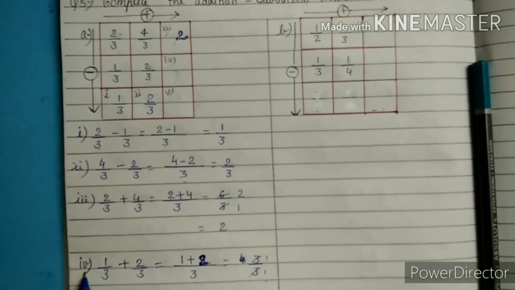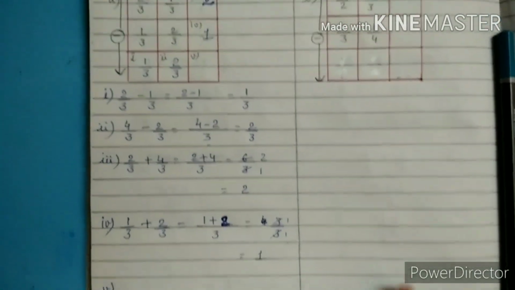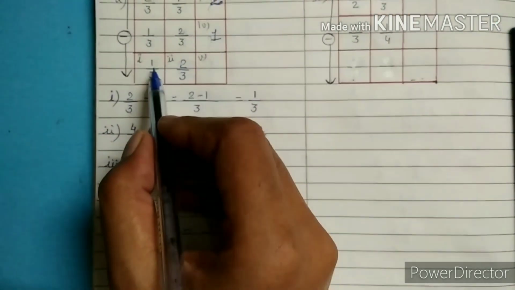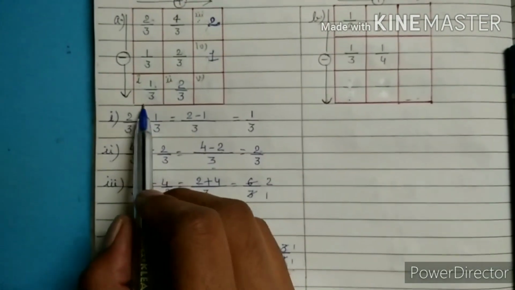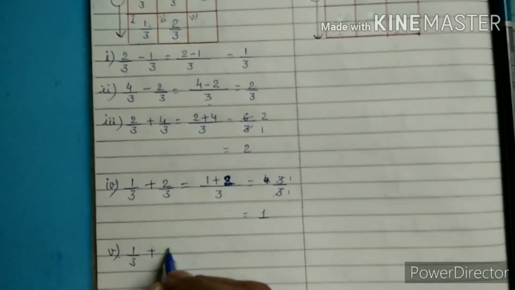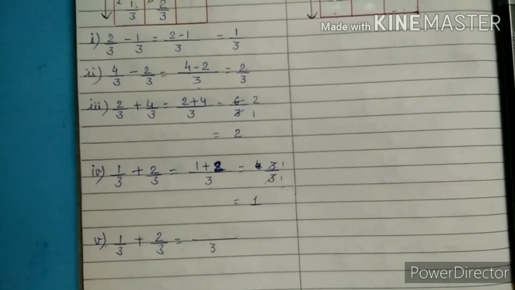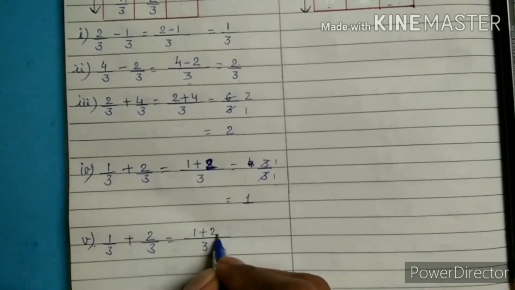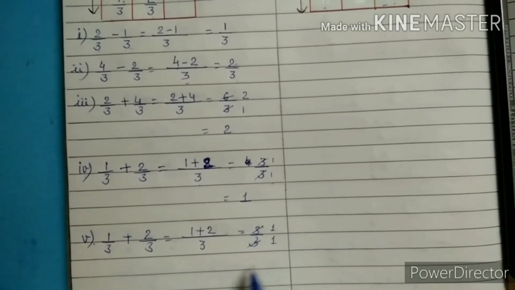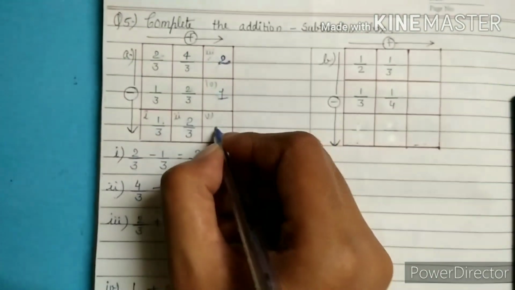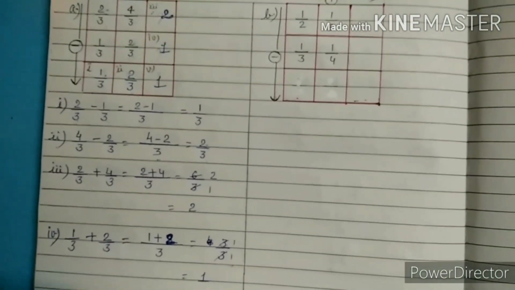Okay. So in the fourth one, which value will come? 1. Now the last, fifth box, has the first number as 1 by 3. It will add, because we are going from left to right, so it will add with 2 by 3. Again we have the same denominator, so 3 will come only one time. So 1 plus 2 is equal to 3 by 3. Both will cut at one time, so we have 1. Here also 1.